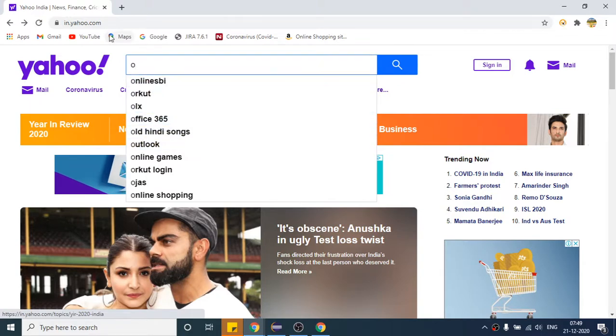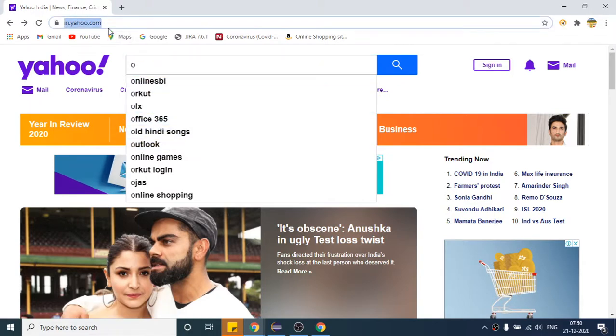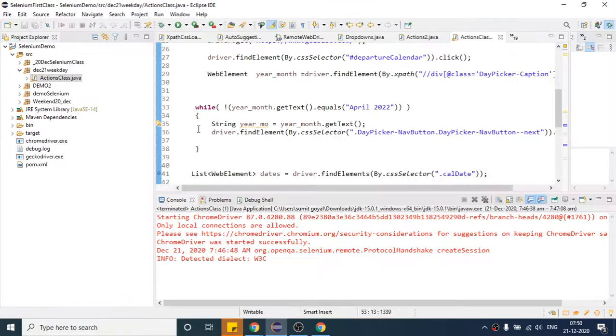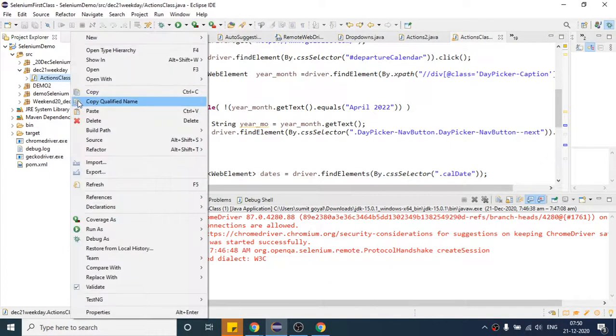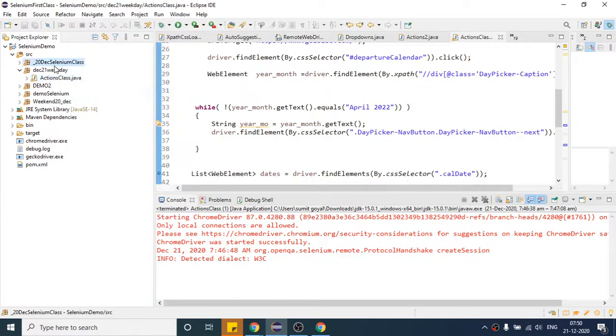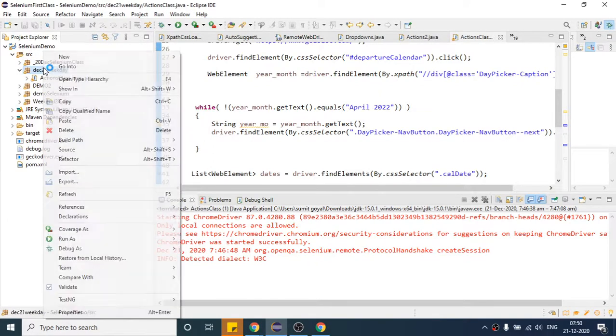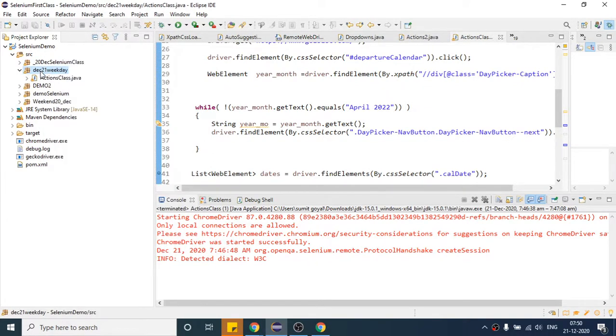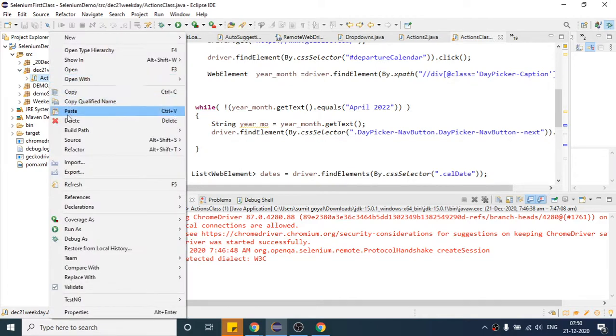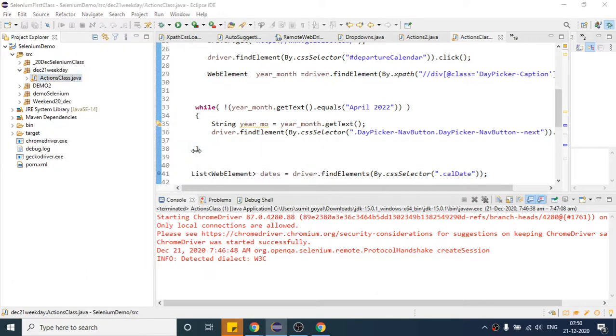First of all, let me open this website. This is again our first step, and let me create one new class. Its name should be a different one, so let me rename it to calendar.